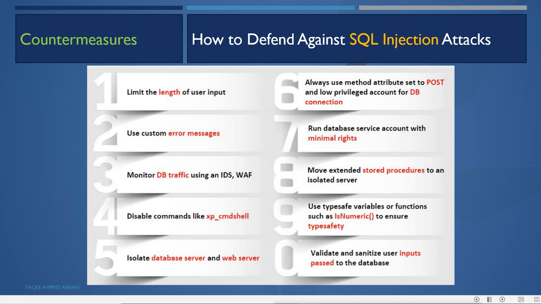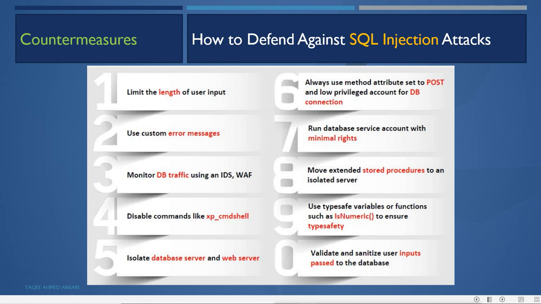Now if someone tries to put an SQL injection query into that mobile number field, the query can be bigger than 10 characters, and because I have set the limit, it will fail.